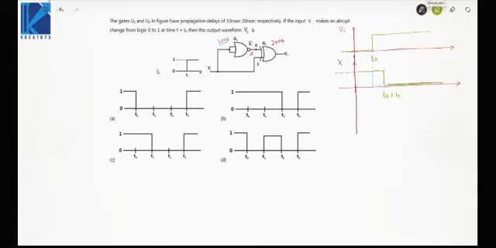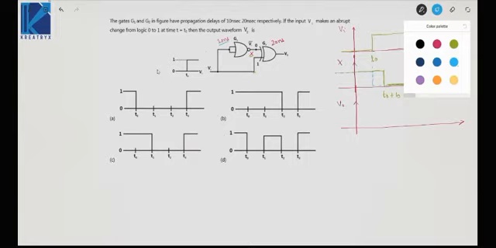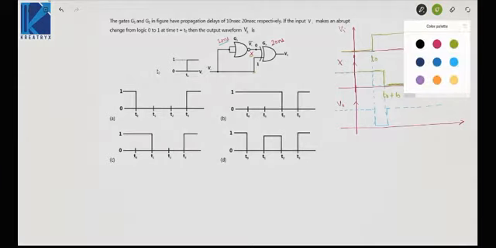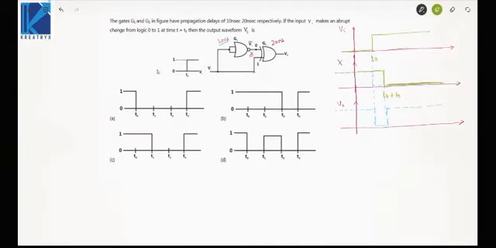Next, you have to take the XOR of X and Vi. If we take the XOR of X and Vi to find V0, again we will first draw the ideal waveform. 0 and 1 XOR is 1. 1 and 1 XOR is 0. And 1 and 0 is again 1. This is the ideal waveform. But this waveform will be right shifted by 20 nanosecond.